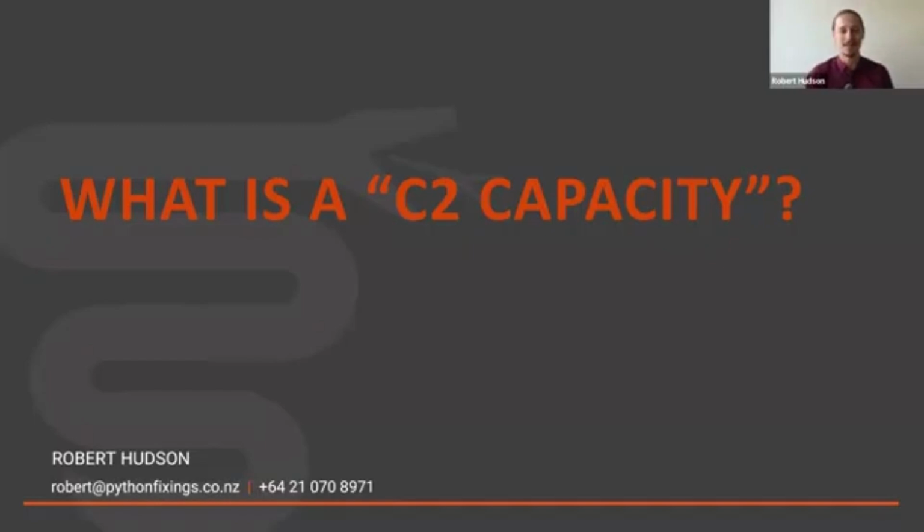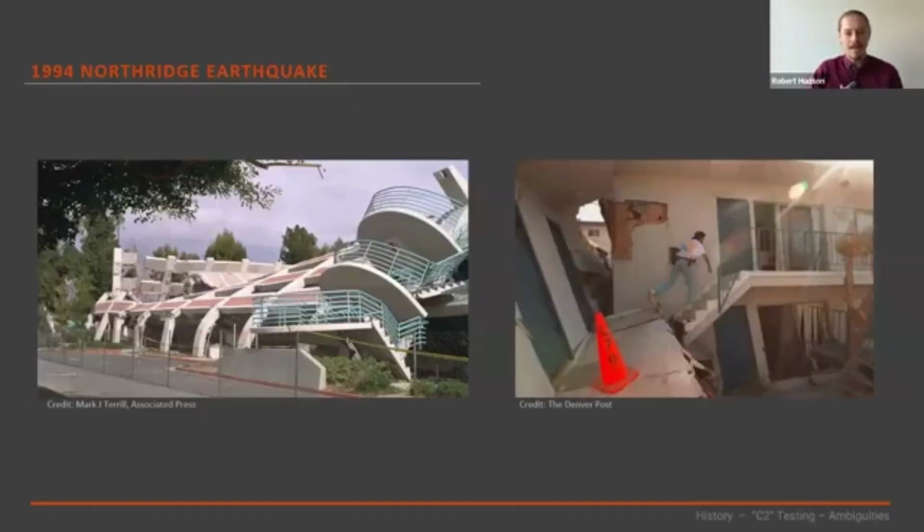Of why these capacities are so damn low, and it is a very understandable frustration. In addition to this, there is without a doubt a spectrum of understanding behind what these capacities actually represent in the industry. I vividly remember being a grad at Becker when I came out of university and designing using C2 capacities. And if I'm being honest, if someone had asked me at the time why I was using a C2 capacity, my answer would have been something along the lines of because it is the seismic capacity of an anchor in cracked concrete. How we got here.